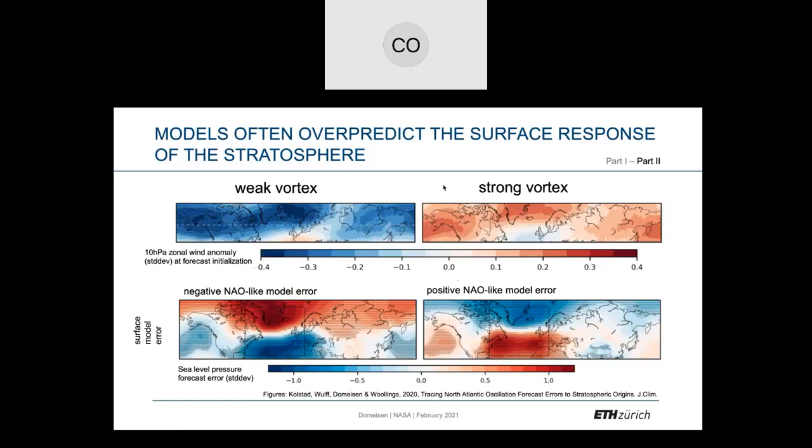The exact opposite happens when we have a strong vortex event, or actually when we have this type of model error, which looks like a positive NAO, that's most often preceded by a strong vortex. So we actually have an overprediction of the model. The model becomes too confident once it sees what's happening in the stratosphere, and then often it gets it wrong. This doesn't really solve our problem for why predictability is lower over Europe, but this gives us a start for why this might be an issue, or at least some of the things that models are doing wrong.